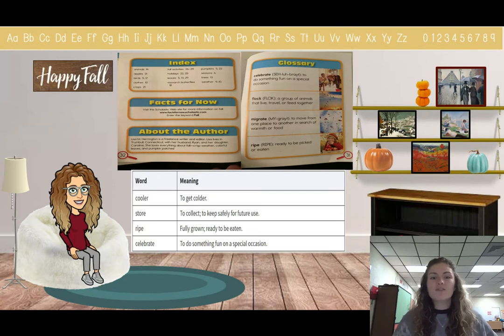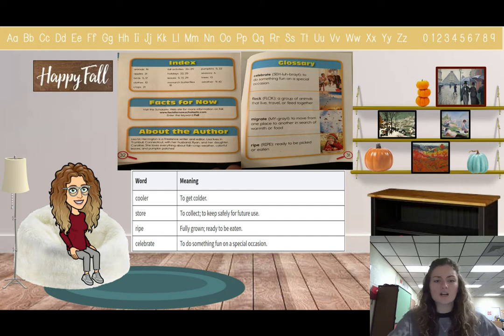All right, so before we get started, we are going to talk about some vocabulary. At the bottom right here, we have some vocabulary words that we saw in the book. So we had the words cooler, store, ripe, and celebrate. What do you notice about our glossary?